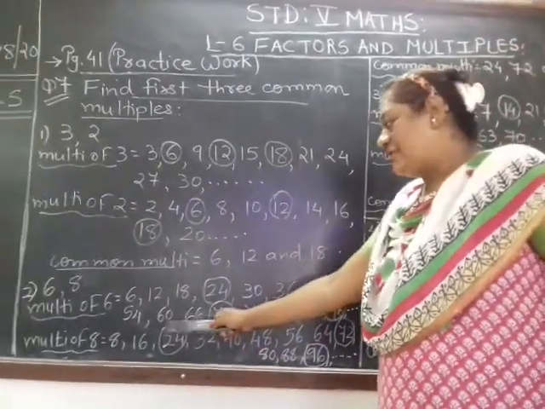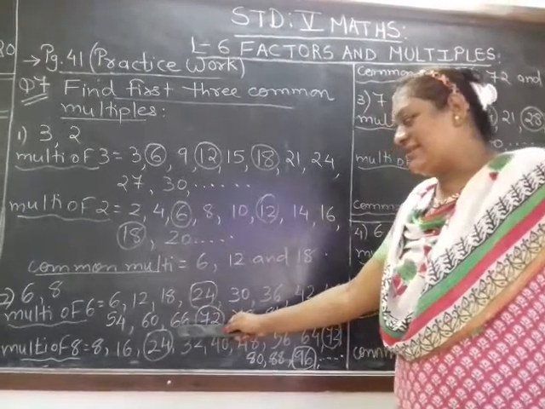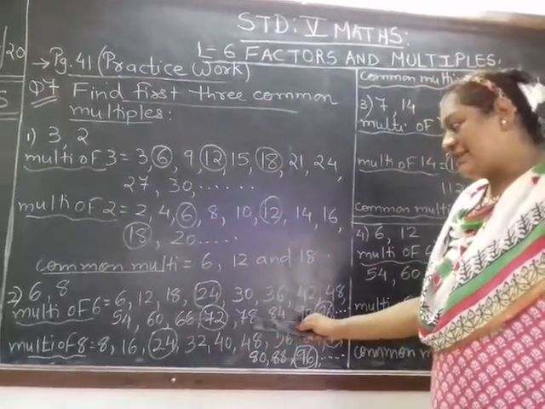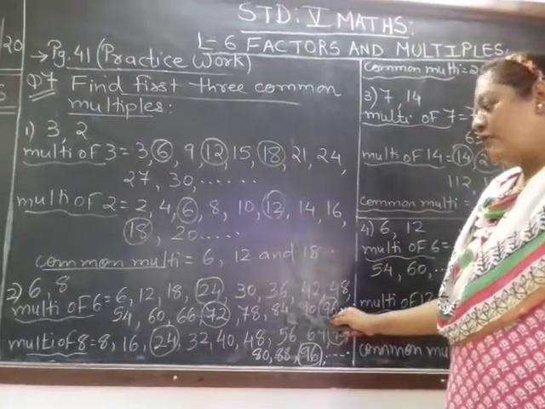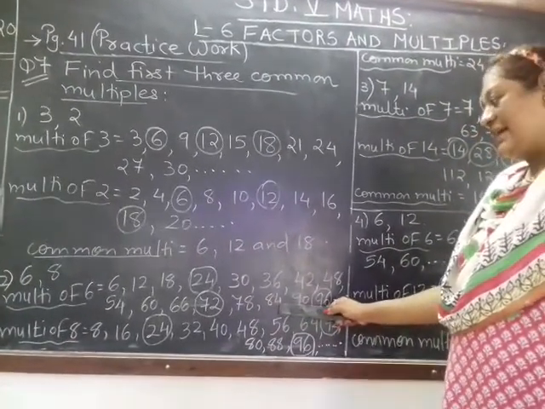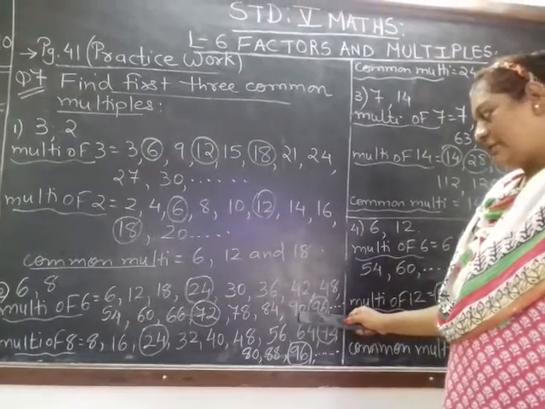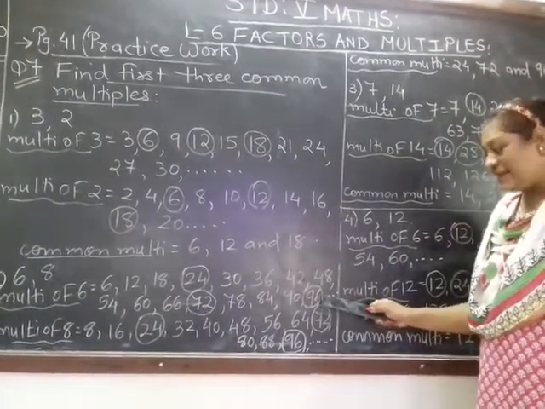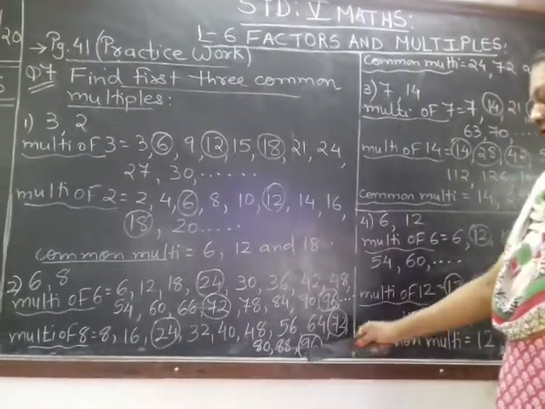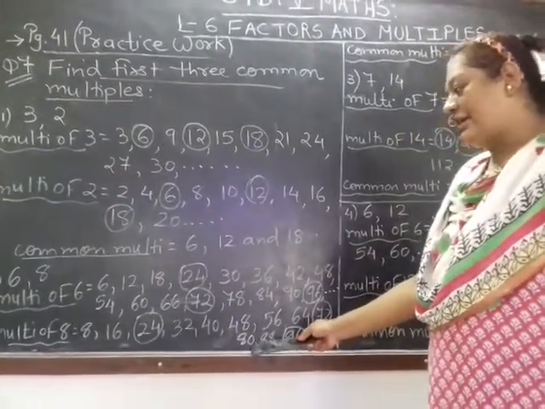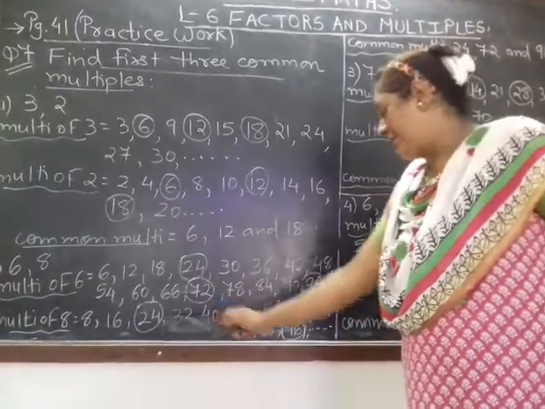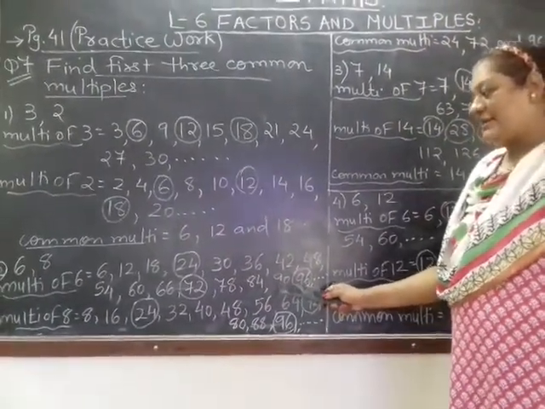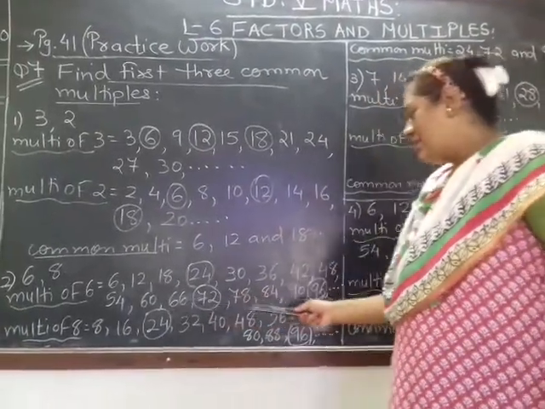So now after 6 times 10 are 60, 11 6s are 66, 12 6s are 72, 13 6s are 78, 14 6s are 84, 15 6s are 90, 16 6s are 96. Why I stopped here? You see, in the table of 8 also, till 80 I am not getting the common multiple, only 24 I am getting as a common multiple and 72, but I am not getting it here in 6, so I have to extend the tables further.